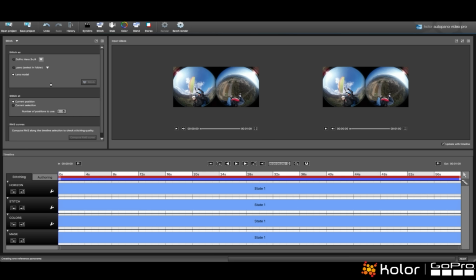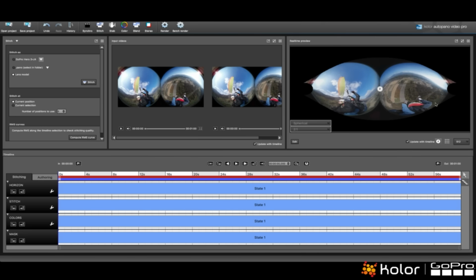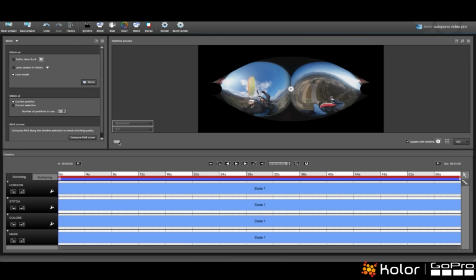You would then pitch at current position, and it's going to create a result that's going to be pretty weird, because it's going to be trying to stitch those two cameras, but it's just finding the control points easily, because it's just putting the cameras on top of each other. So what you would actually do is go Edit, open Autopano Giga,